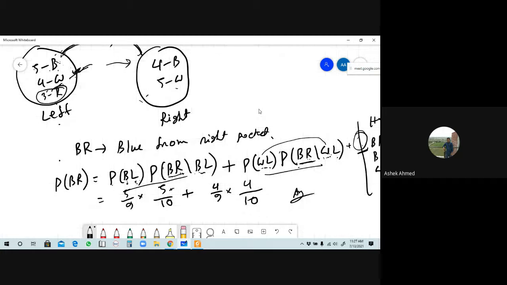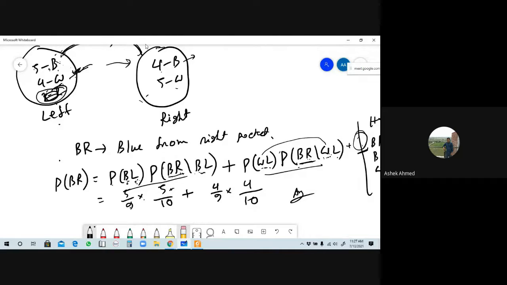The first term is blue from left pocket, where the left pocket contains 5 blue marbles and 4 white marbles. Okay, so the probability will be কত হবে, 5/9 into, যেটা আমরা একটা blue marble left pocket থেকে right pocket এ সরাবো, so that's why one marble will be increased, that marble will be blue. In the previous case there was 4 blue marbles, but now that will be 5, so this will be 5 by, total number of marbles is here 10, plus